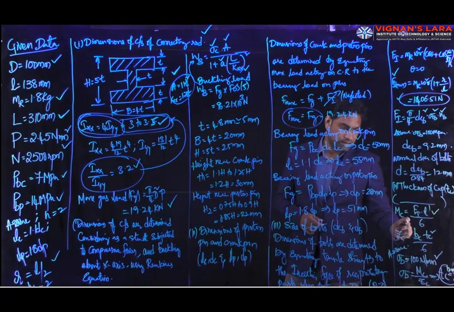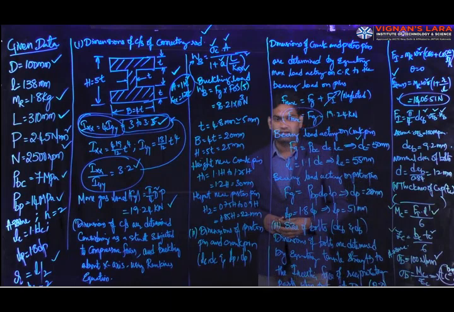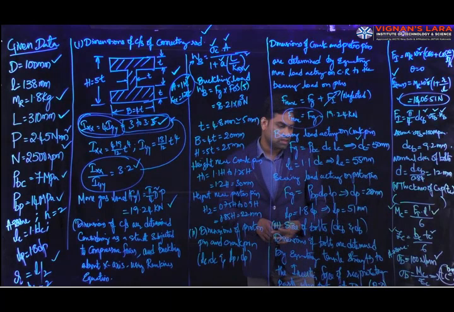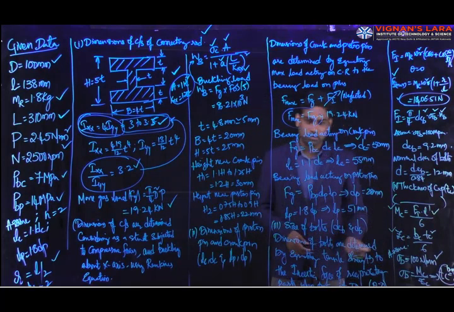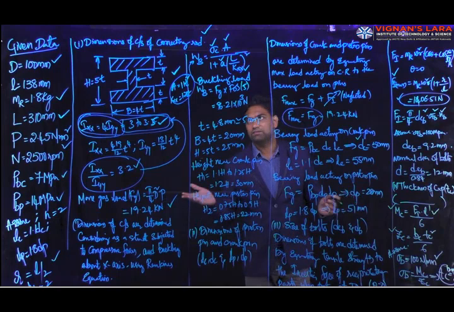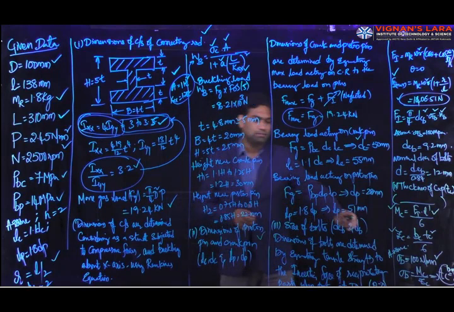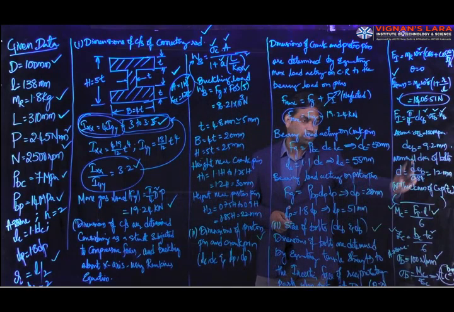So we can calculate and substitute in this equation and calculate the moment acting on the cap, and the section modulus of cap, it is considered as a rectangular one. So BC into TC square by 6, and by substituting both the values using the allowable bending stress sigma B, 100 Newton per mm square, you can calculate the thickness of cap. So after finding out all the dimensions, starting from the dimensions of cross section of connecting rod and the dimensions of crank pin and piston pin here, so DC and LC, and the dimensions of bolts, that is the core diameter and nominal diameter of bolts, and finally the thickness of cap TC.